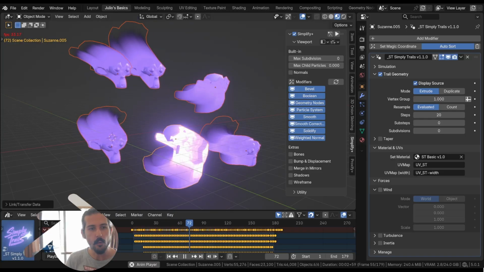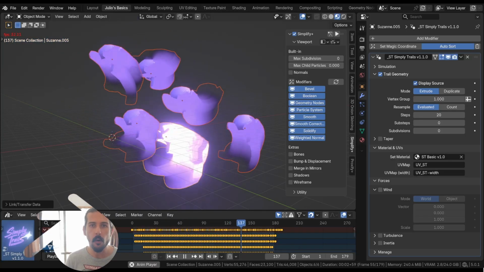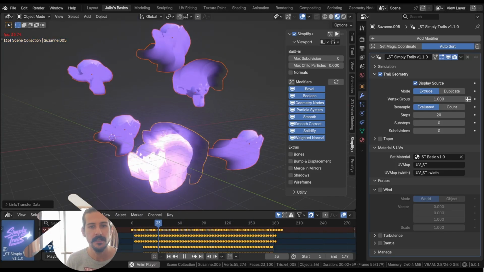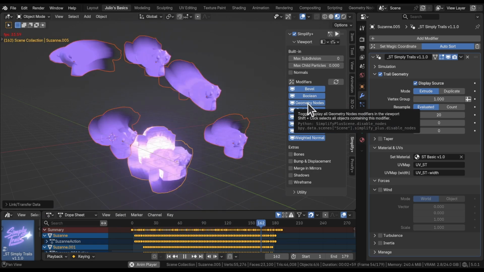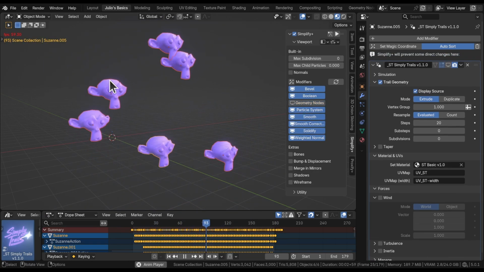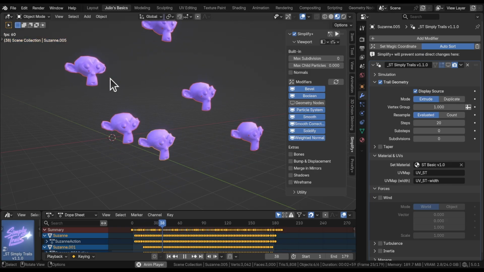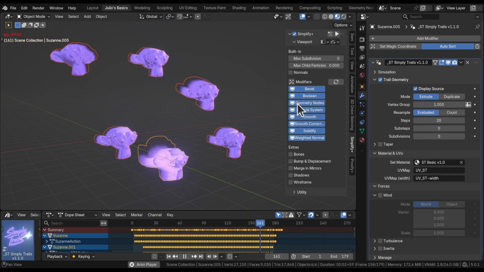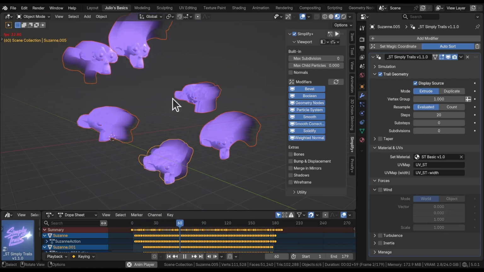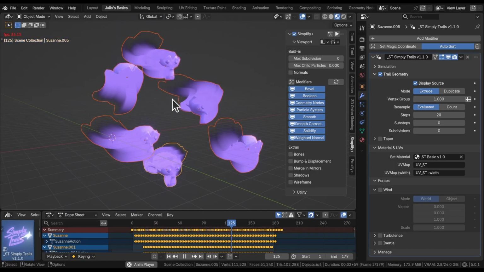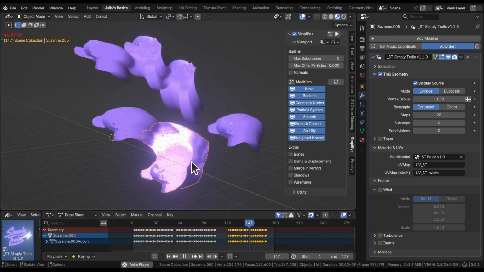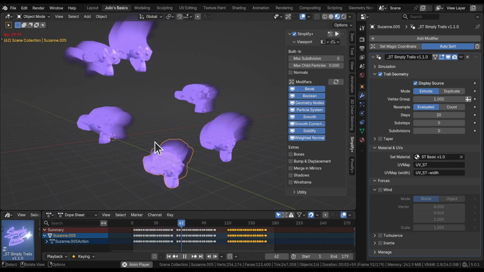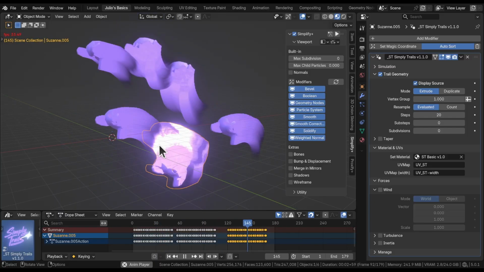Let's say I want to disable all the geometry nodes at once, and this is already possible. I simply click batch disable geometry nodes and my performance is back to 60. I could disable everything. But let's say that I'm working on a scene and I would like to keep certain geometry nodes. For instance, I want to keep this bright Suzanne here, while the other ones are being toggled